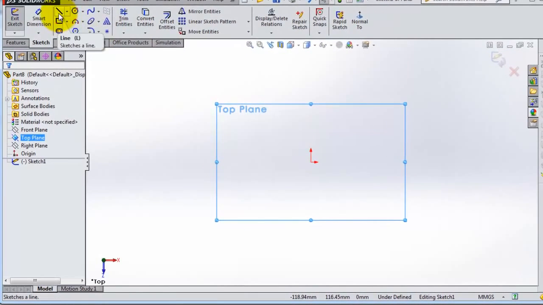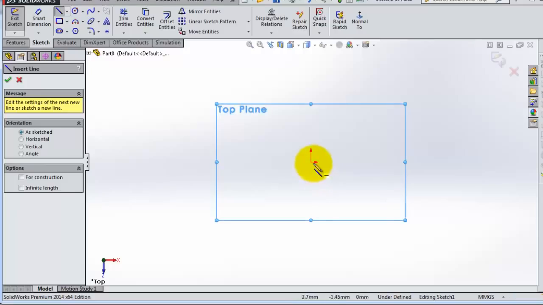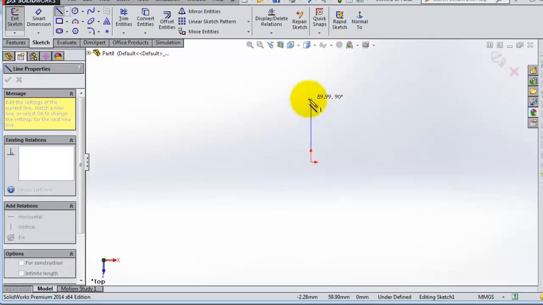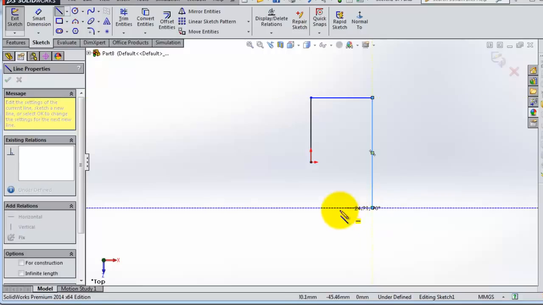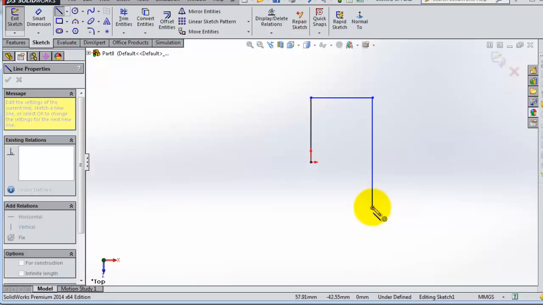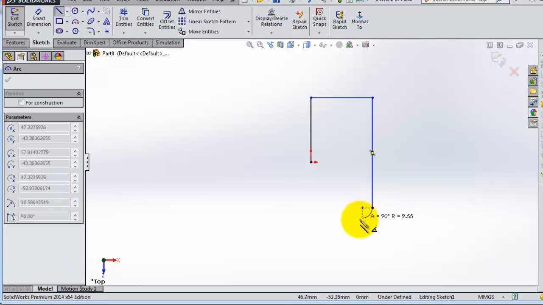So let's pick the line again and show you some tips on how to use the line. Let's start from the origin, and you know about the relations from the previous tutorial. We have a vertical relation here, a horizontal, and again vertical. And if you continue, you will be able to continue making lines, but if you return back, you'll notice the icon is changed to a double circle. That means you are able to start drawing an arc,